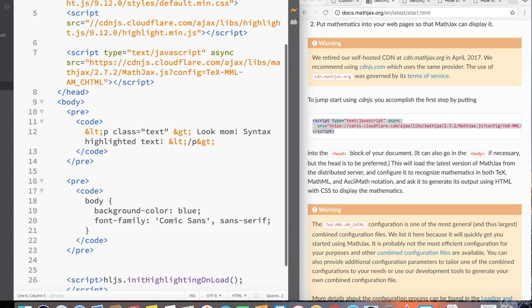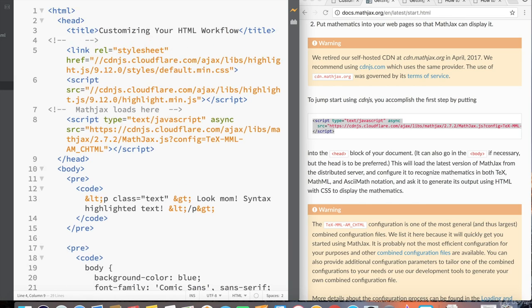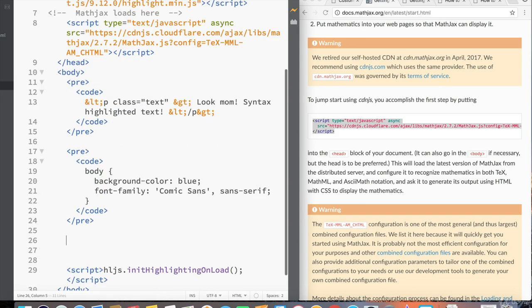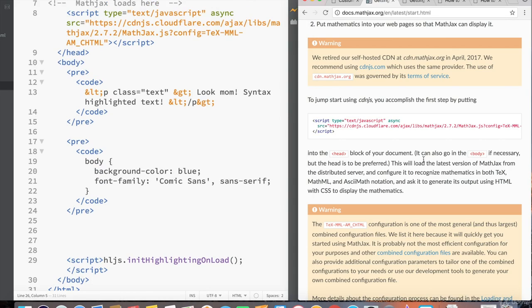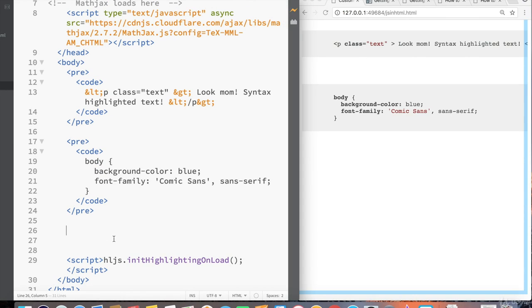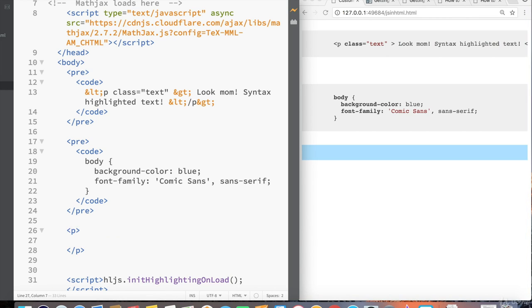Let me just make this well commented so that we know Mathjax loads here, and then Highlight.js loads here. Okay, now let's go down to the bottom of our body. Let's keep the script tag for Highlight.js towards the bottom, and now I'm going to go back to our web page. Now, in order to add Mathjax to a web page, you start by declaring a tag,